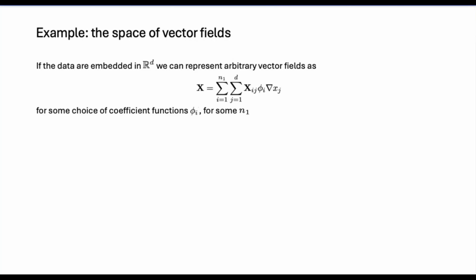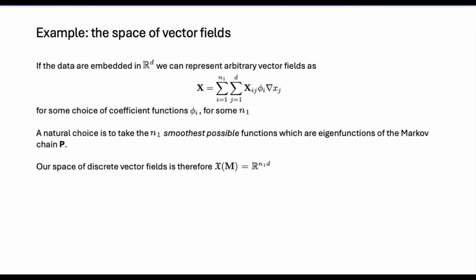The trick that we're going to use is to pick some choice of coefficient functions phi_i, and then take sums of these. If you take enough coefficient functions, you're going to be able to represent as many vector fields as you want. Here we're taking n1 of these, where this is some parameter that we pick, and then your d ambient coordinates. By taking these kinds of sums, you're going to be able to represent some more complicated things. The choice is kind of arbitrary. You can pick whatever functions you like, but